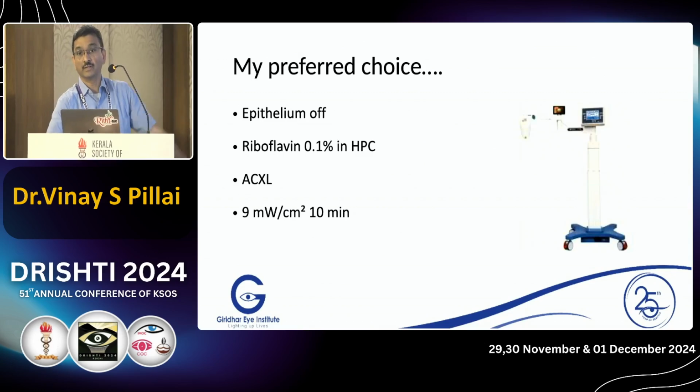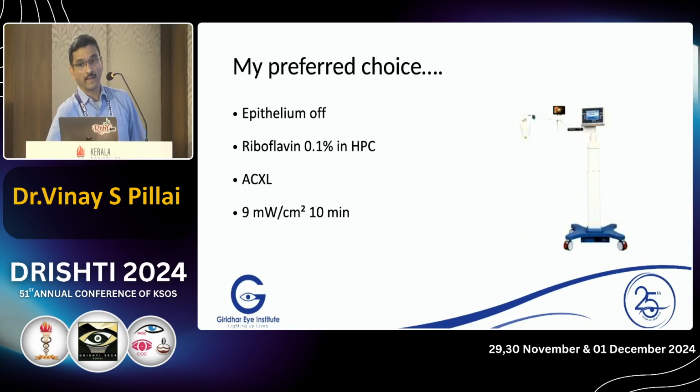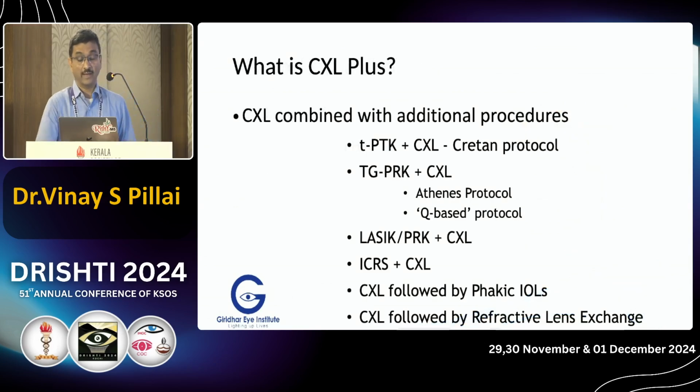This is my preferred choice for cross-linking, and in keratoconus, for me, the aim of treatment is to make the patient see well in whatever way it is possible and prevent the disease from progressing. So that is where the so-called plus procedures come in with CXL. Any procedure combined with CXL, you can call it a CXL plus. So these are the various plus procedures available, and definitely